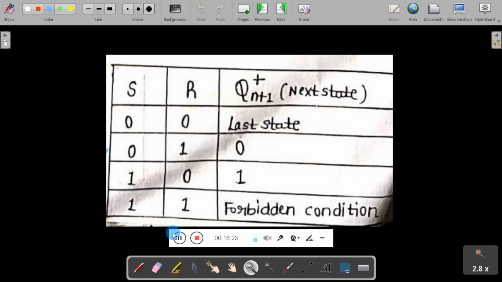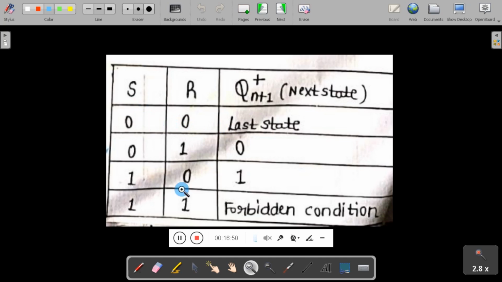There's a difference between a truth table and a transition table, because in a transition table the output depends not only on the input but also on the last input or output. So here the output not only depends on the present input, it also depends on the last output. This is called a transition table, but a truth table is somewhat different compared to a transition table.